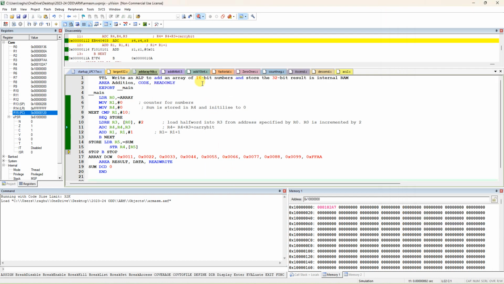You can also convert this program to 32-bit numbers. For 32 bits, you have to change only this LDR. This one should be changed to 4 instead of 2. This LDR-H should be LDR only. If you want to add